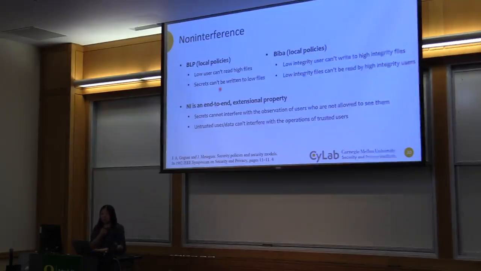BLP's specification of no write up, no read up, no write down is more of a local specification saying what should happen on one step. So that's the main difference, and the significance of this paper that defined non-interference for information flow security. It turns out BLP does satisfy non-interference. It's just that the way they define it is not non-interference. Okay, any questions about it? Or what makes it more complete later?